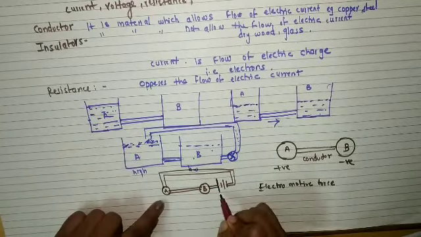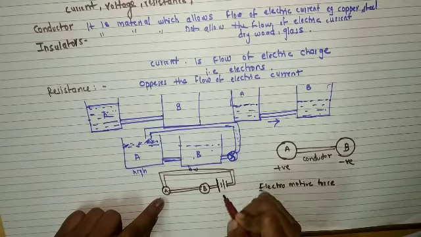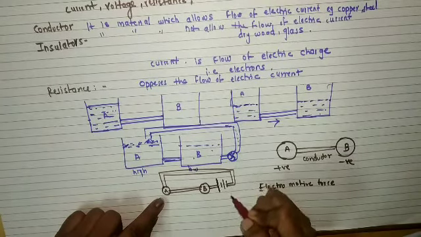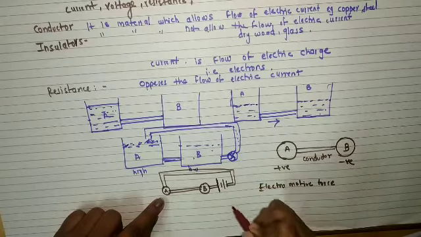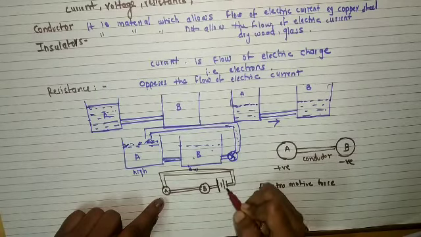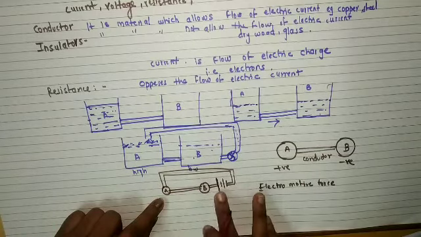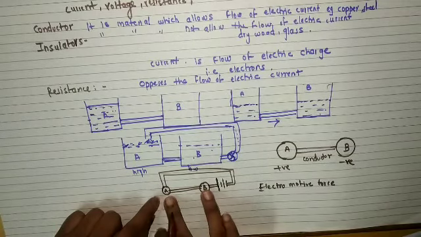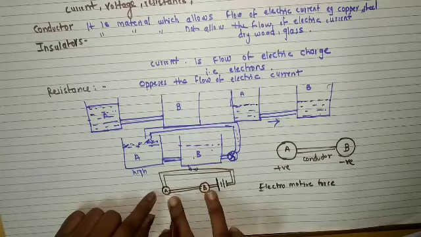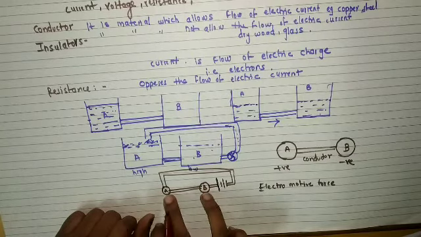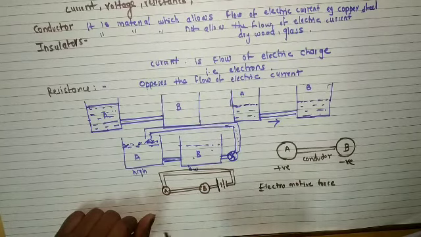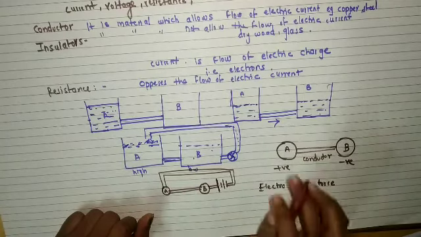So this battery produces a force, that is electromotive force. Due to this force, what happens? Potential difference is maintained. That means the water levels here are different. So here also, because of this battery, a difference is produced. Due to this potential difference between these 2 points, the current flows from the higher potential to the lower potential.